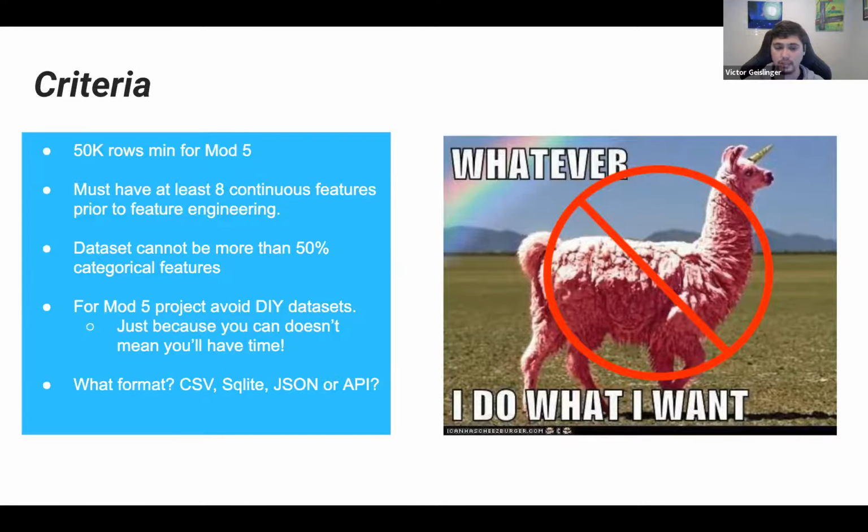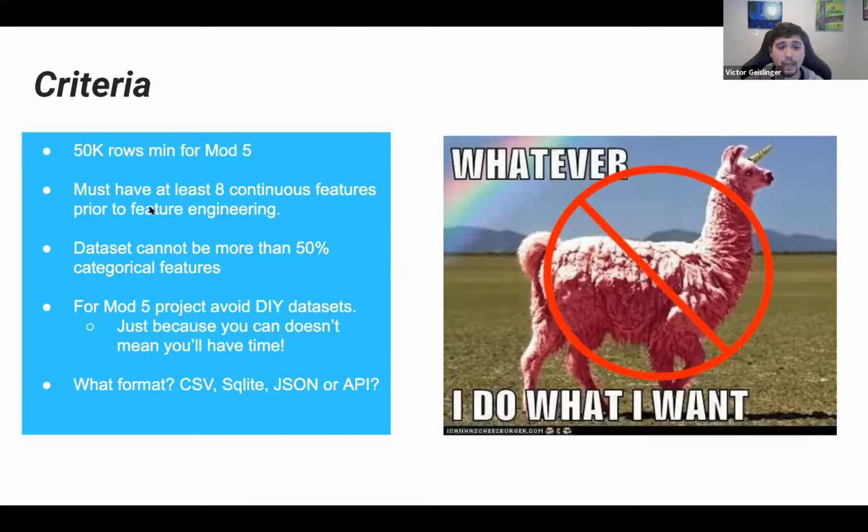And now you have essentially only a week left of doing that project. So make sure you do that. But the main thing: about 50,000 rows, which means 50,000 data instances in the data set. This is kind of the minimum, but I'd say a soft minimum. If you have 40,000, that's probably fine. But if you can get at least 50,000, that would be ideal.